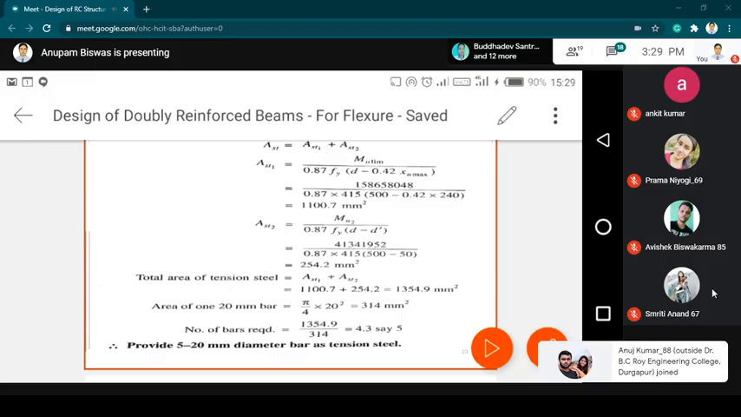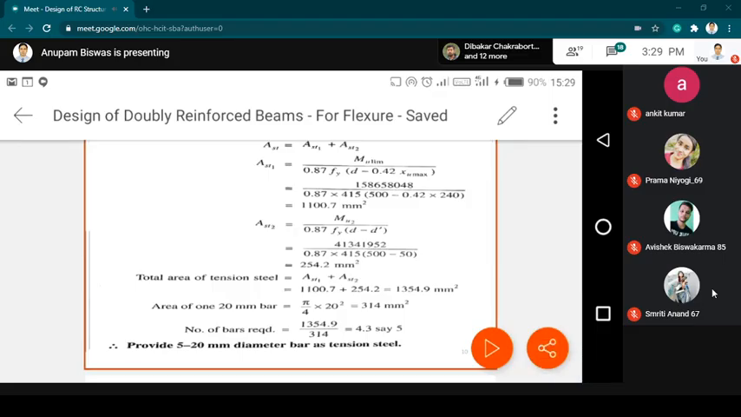So from here Ast2 is obtained. So the total area is Ast1 plus Ast2. So we obtained the total area of steel, and by considering a suitable size of reinforcement,